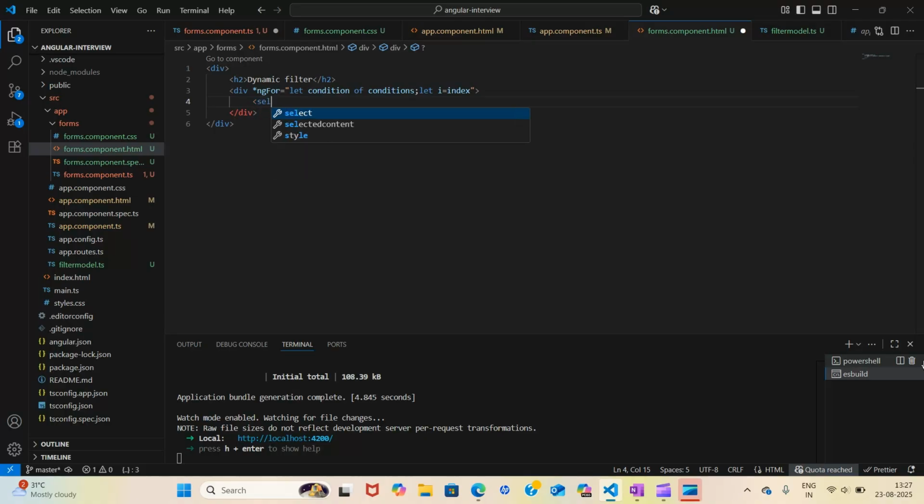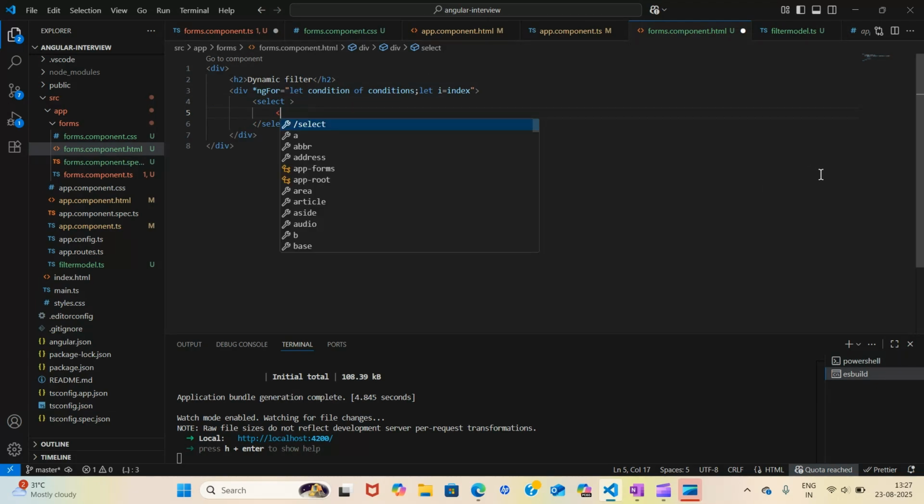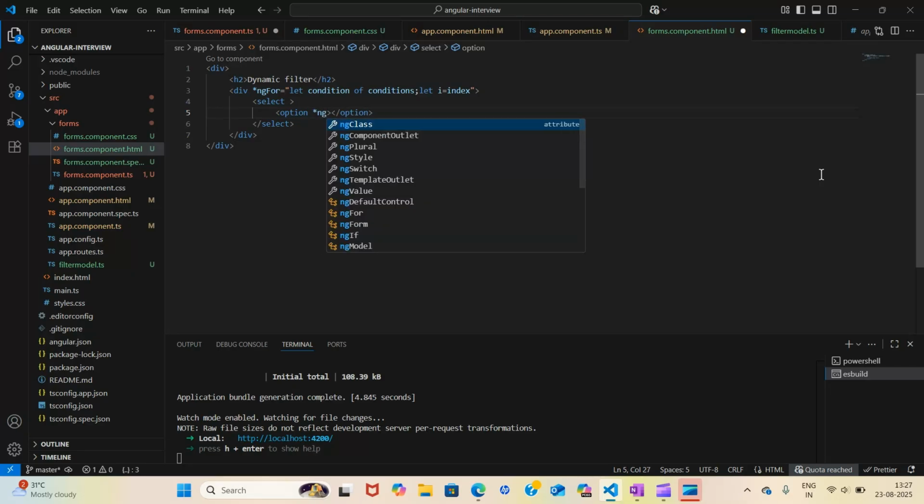For the drop down I have this select, and it should have options. It will have multiple options, that is name, age, and status, but we don't want to hard code, so we have a list. So I can iterate here also, so I will use ngFor.